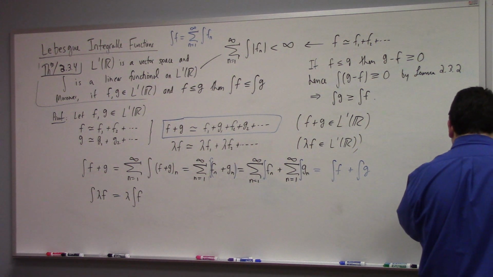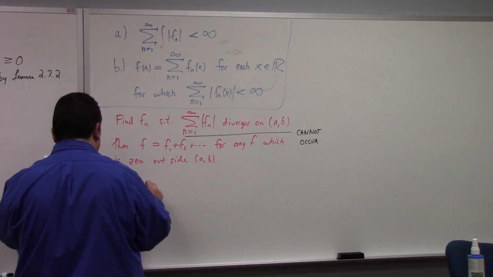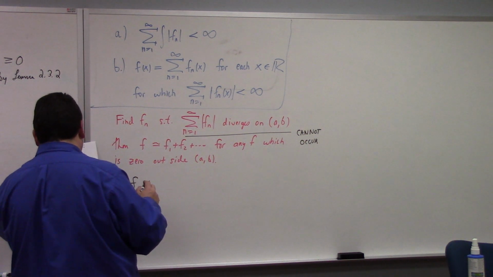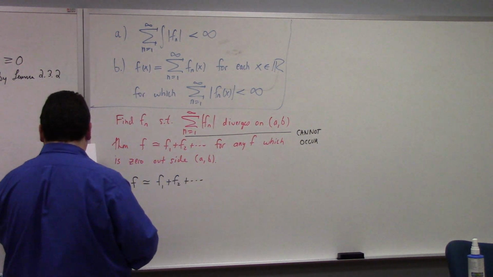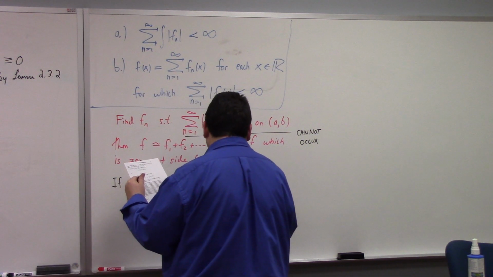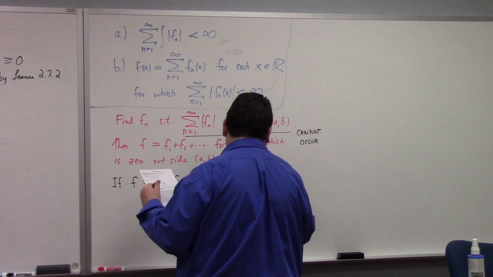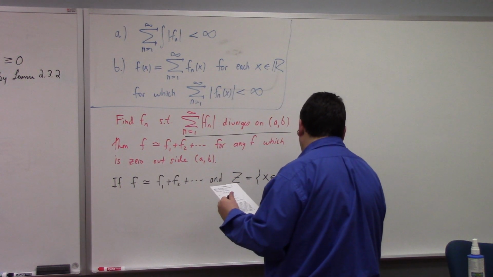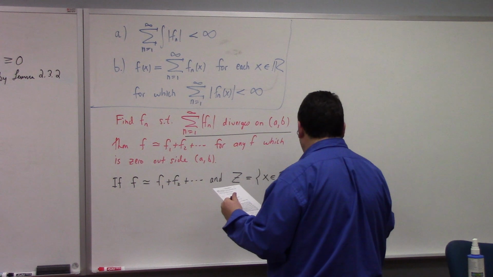Now, he says more though, okay? Here's the claim. What is it? If f is f1 plus f2 plus dot dot dot, and Z is equal to the set of x in the reals such that the series, n equals 1 to infinity, of the absolute value of fn of x diverges,